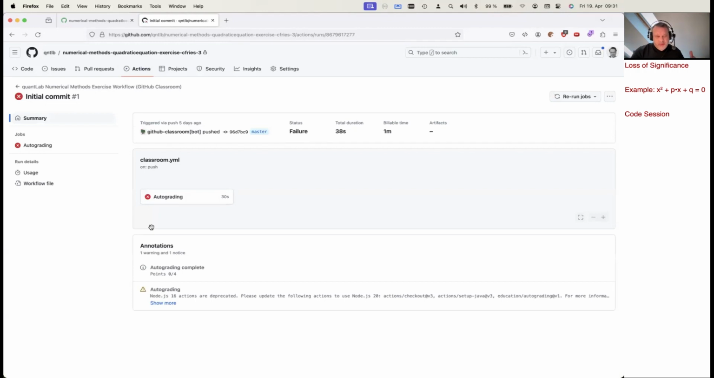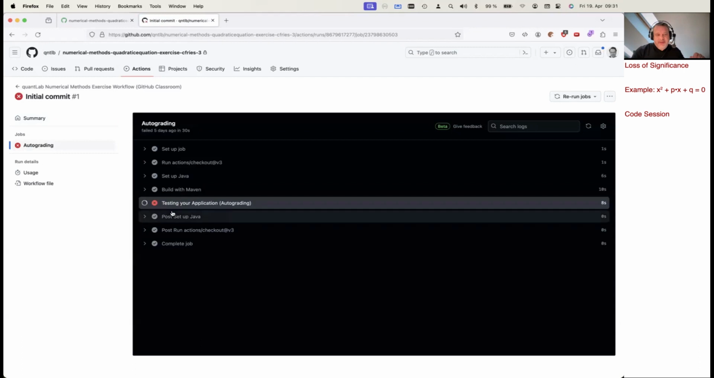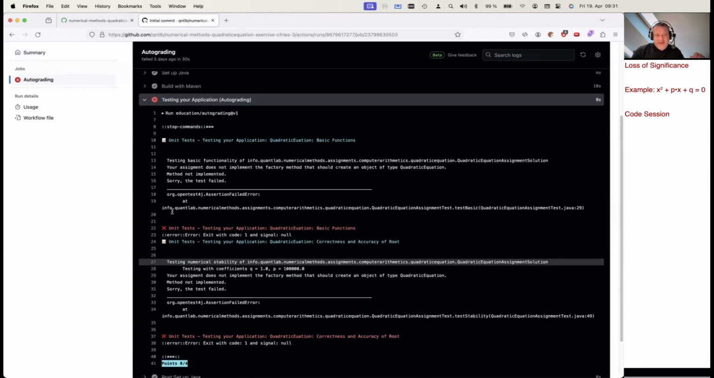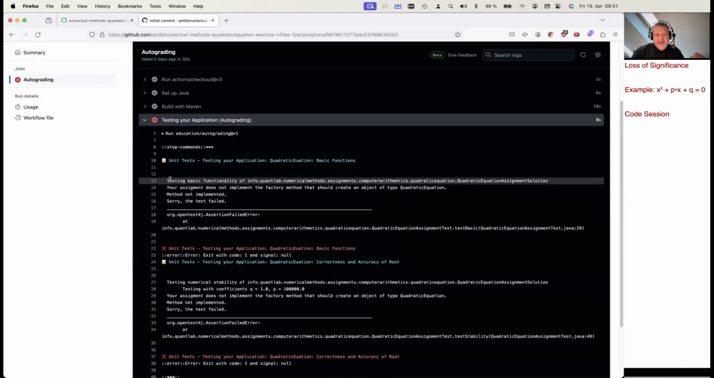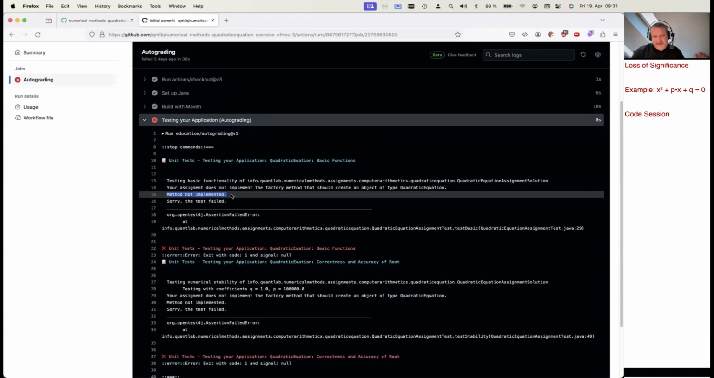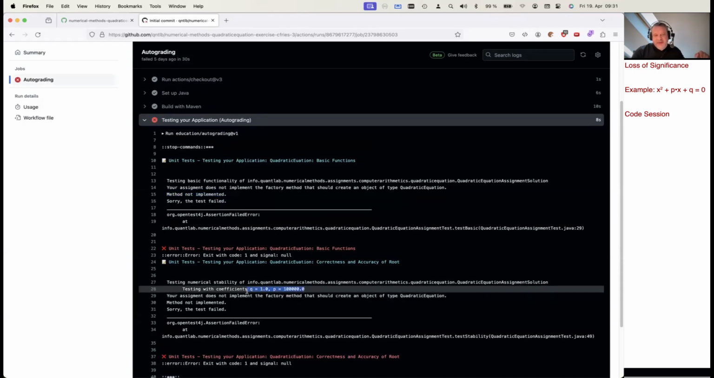And you will get points if the check is succeeding. So currently I have 0 points. If you click on this, you can also see what went wrong. So it tells you, okay, it made a test, and the method is not implemented, so the test failed. You see it is testing with different coefficients here, testing if your solution works. You can find a video that describes a little bit how you work with these assignments